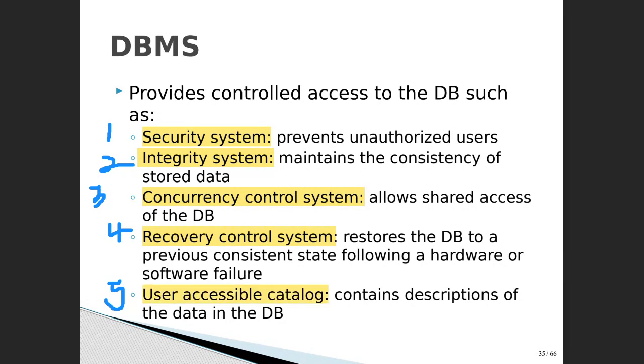Number 5, user accessible catalog. As we said, there will be a description of data in the database system, right? Not the data itself. The data itself will be stored in the database. In the database system, there will also be more description about the data, everything about the data,